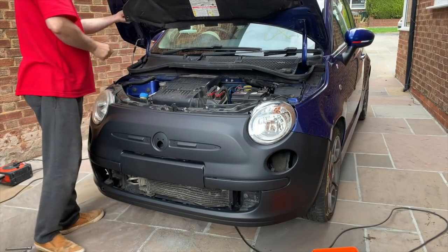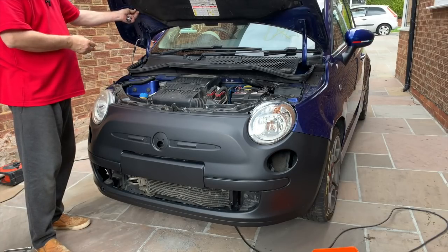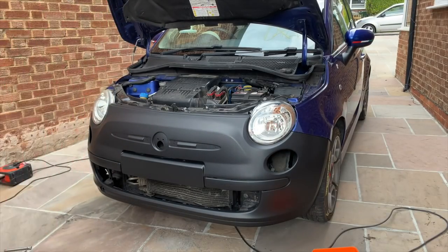Look, someone may have had this as their pride and joy, but they used bits of tape instead of the proper brackets. I've got loads of those brackets, so I'll go and get one. I can talk to you while I'm wandering around now, as I've got my wireless microphone, hopefully it's not cutting out. I forgot what I was going to say. Yeah, I'm not too worried about the bonnet fitting at the moment,